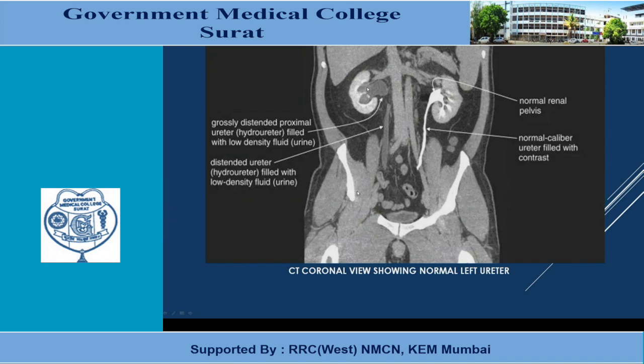So this is a hydronephrotic right kidney, showing a dilated renal pelvis, and also this mid and upper part of the ureter, which is filled with urine. It is not as dense as this, so the fluid density is decreased. So some pathology lying in the lower ureter is obstructing the excretion from the right kidney, causing a hydronephrotic right kidney and hydroureter.